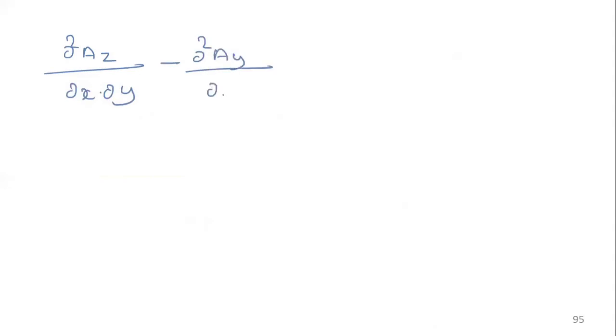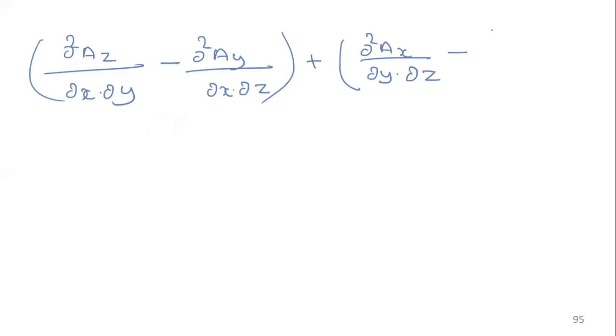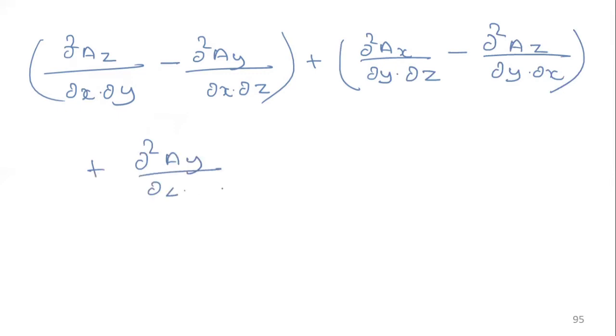What we get is dou square Az divided by dou x dou y minus dou square Ay divided by dou x dou z plus dou square Ax divided by dou y dou z minus dou square Az divided by dou y dou x plus dou square Ay divided by dou z dou x minus dou square Ax divided by dou z dou y is equal to